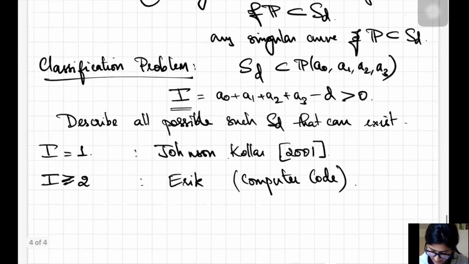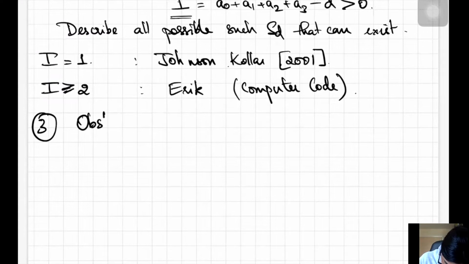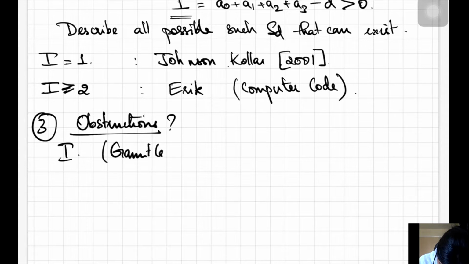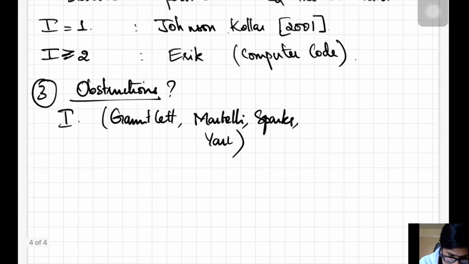So now I thought I would come out, okay, if we want to understand K-stability of them, what tools do we have in hand? So the first thing is, what sort of obstructions do we have? One of the first obstructions is by Gauntlett, Martelli, Sparks, and Yau, which basically says that your X, be it any Fano variety,